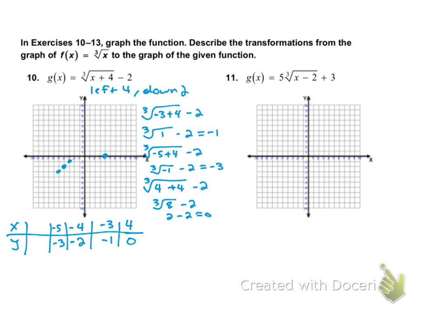Okay. Now, the next point to get a perfect cube root would be -12. And I'm not going to go off right here. I'm going to stay on this graph. So I'm going to do -10 just to do the last point on here. So that'll be the cube root of -10 plus 4 minus 2. So that will be the cube root of -6